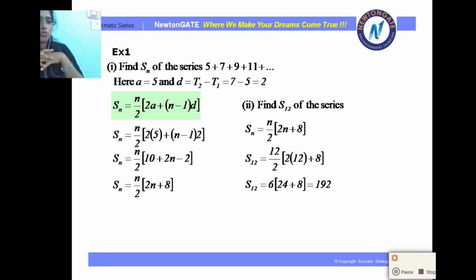So that is all about arithmetic series. We need to know the concept and the formulas for solving the sums of arithmetic series and arithmetic progression. Again I am repeating the same thing: it's a very easy chapter. We have only two formulas here which we need to know, and the three important things we will require for solving any kind of sums are a, n and d.